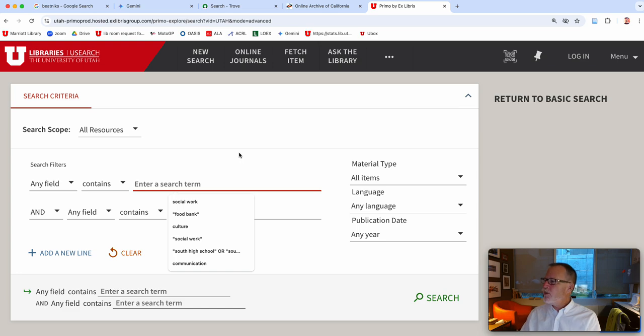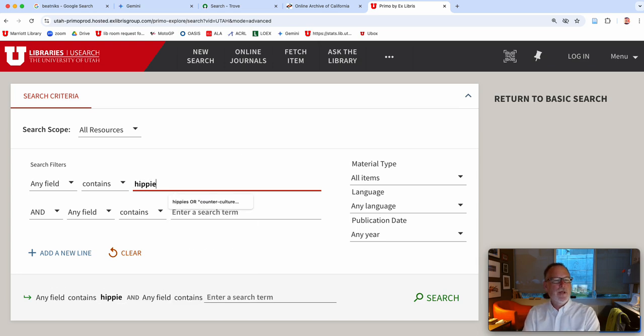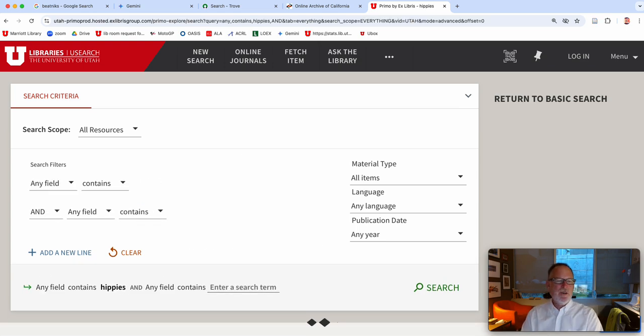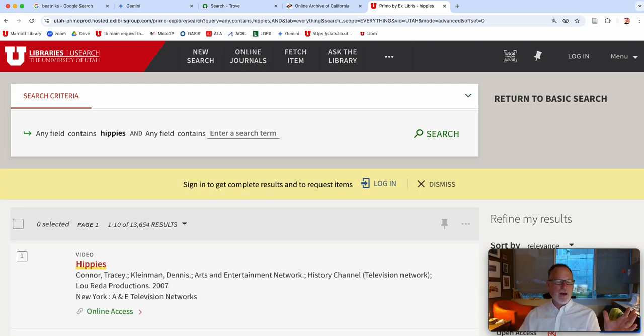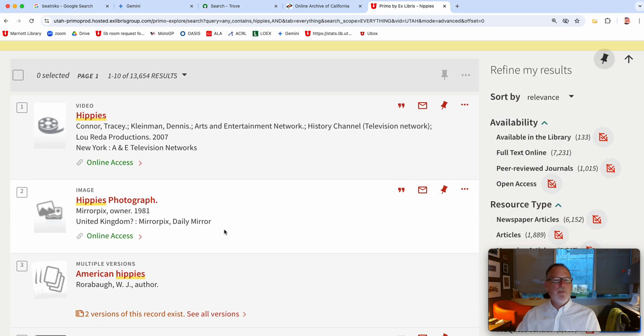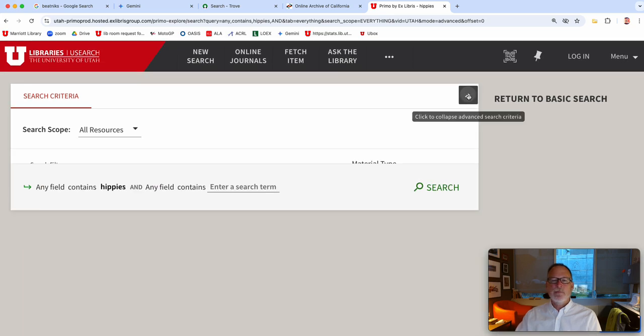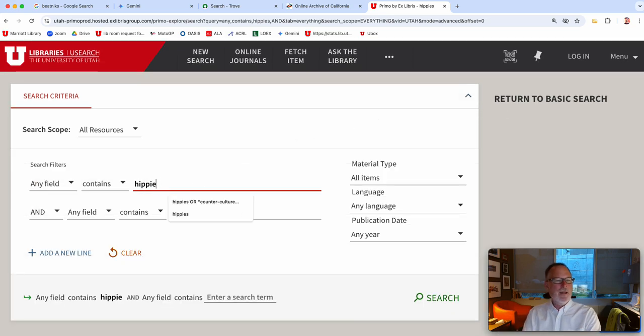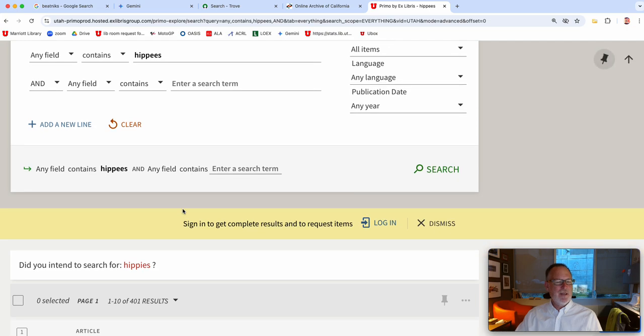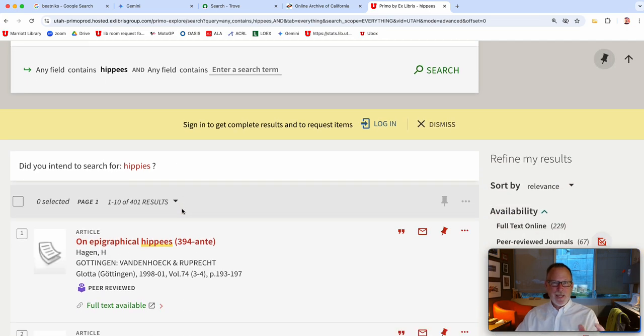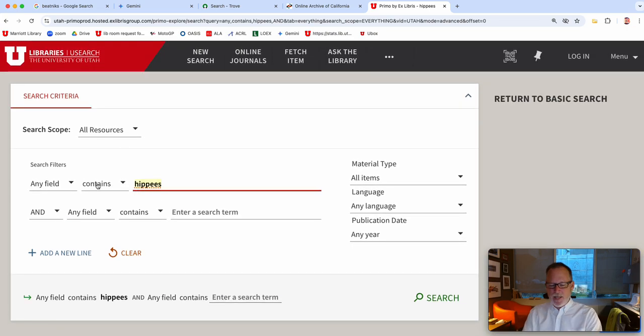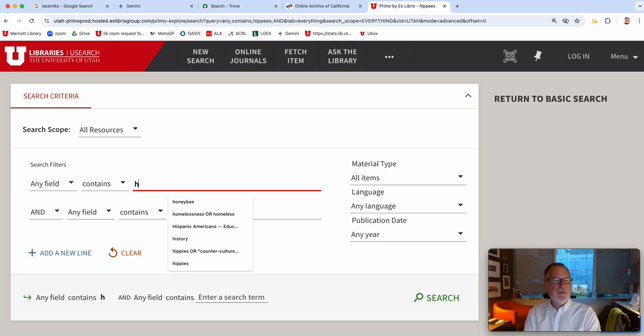So here, the keywords matter. So I'm going to do hippies. So what this is doing, out of the millions of things in our catalog, it's only going to look up things that have the word hippies. So all of a sudden, if I misspell hippies, I went from 13,000 to 401. Spelling counts. But having said that, alternates matter too. So I can do hippies or